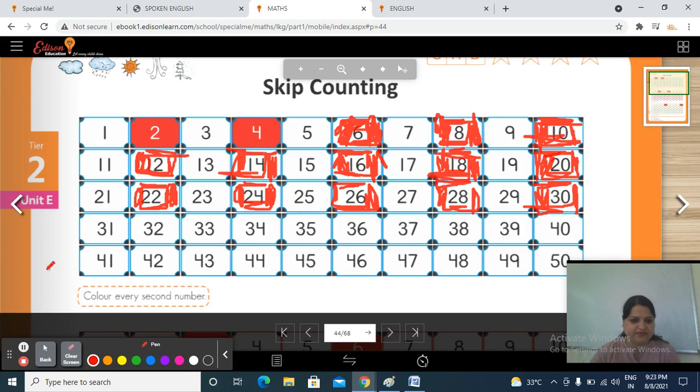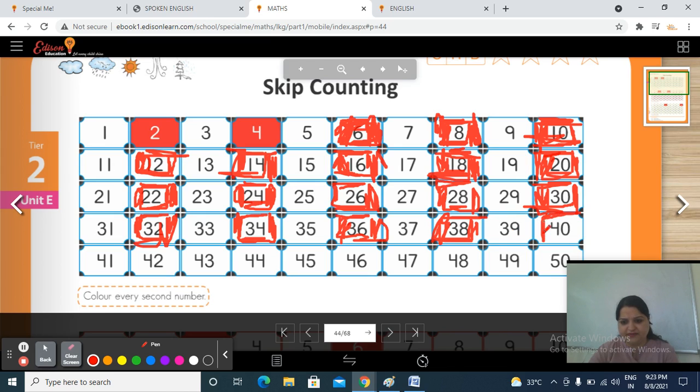Now students, tell me where we have to color. Yes. Yes, 1, 2. Color number 32. Right. Then 1, 2. Now color here over 34. Then 1, 2. Then 36. Then 1, 2. 38. Then 1, 2.